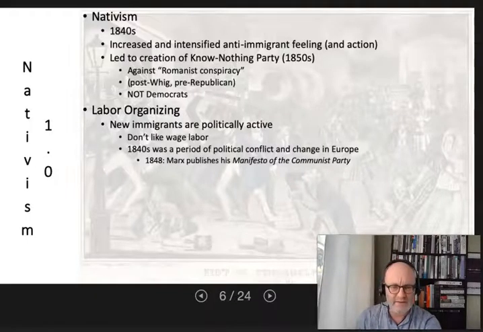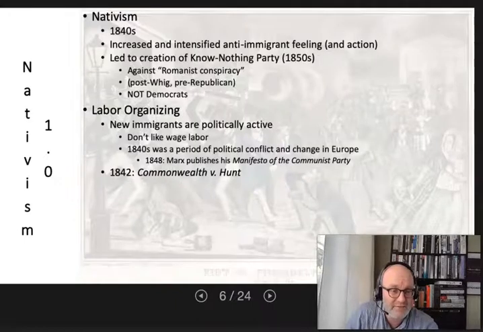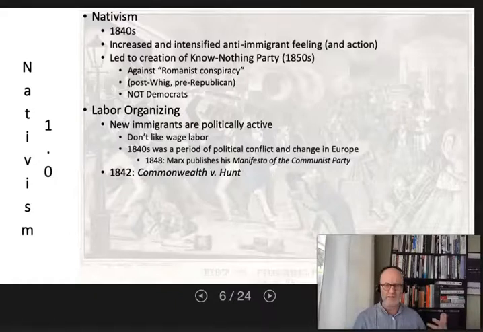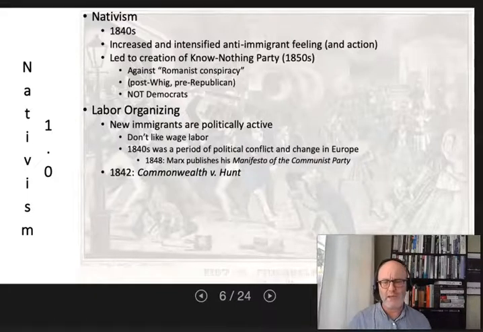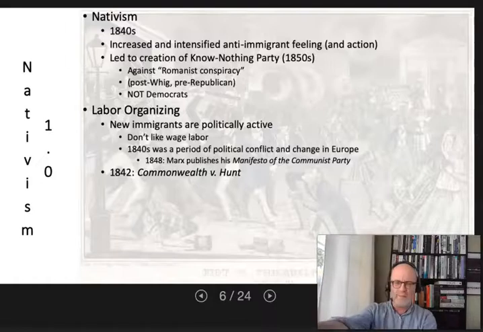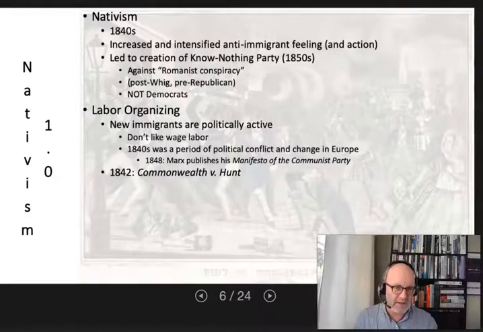A lot of these laborers are coming over to the United States having been politically conscious, politically active. The 1840s is a time of tumult and revolution in Germany. Some of these immigrants, the Germans in particular, would have read Marx. But English working class migrants, Scots Irish, are all coming over. Many of them, they're not just dumb country bumpkins. They're coming over from a kind of radical political tradition,